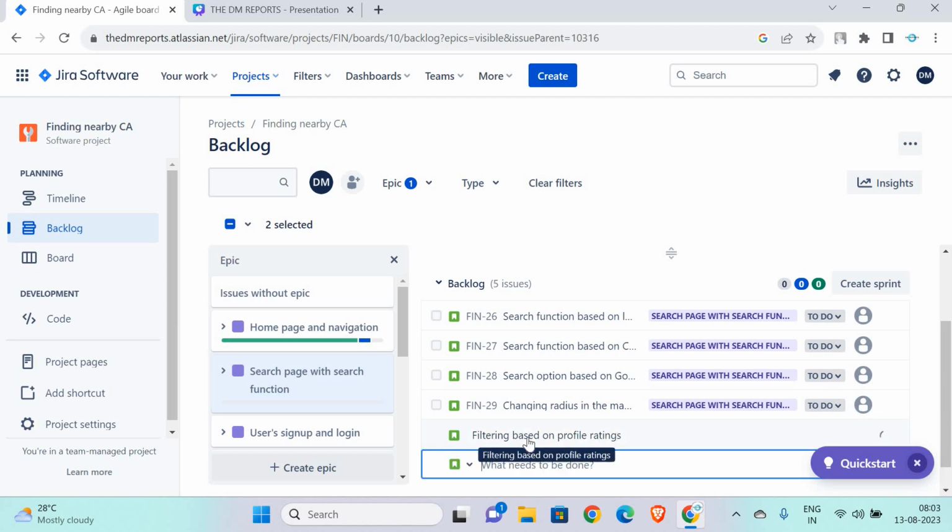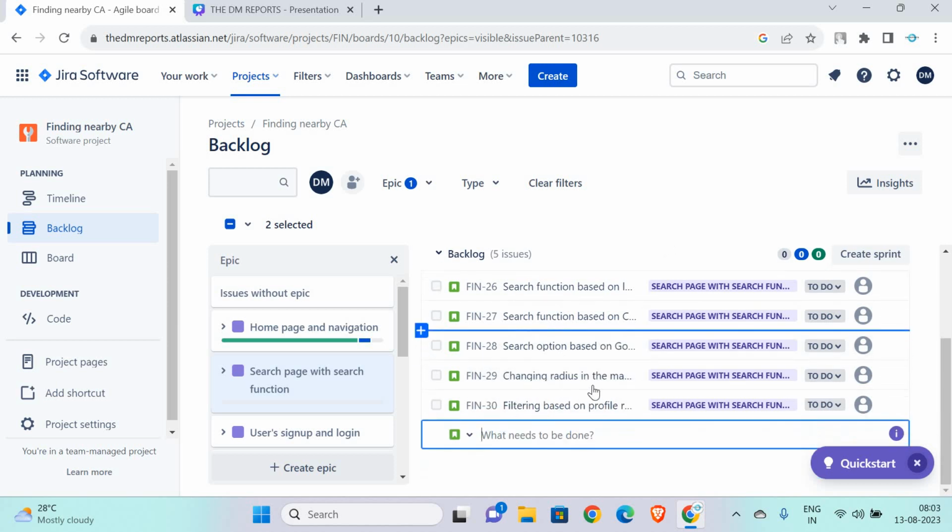Now all these chartered accountancy firms will have the ratings received from different users on this platform. Based on the average ratings, we will give them ranking accordingly. Their listing will appear here, or it can be filtered at least, like 5-star, 4-star, 3-star, okay, like that. And we can also filter the list